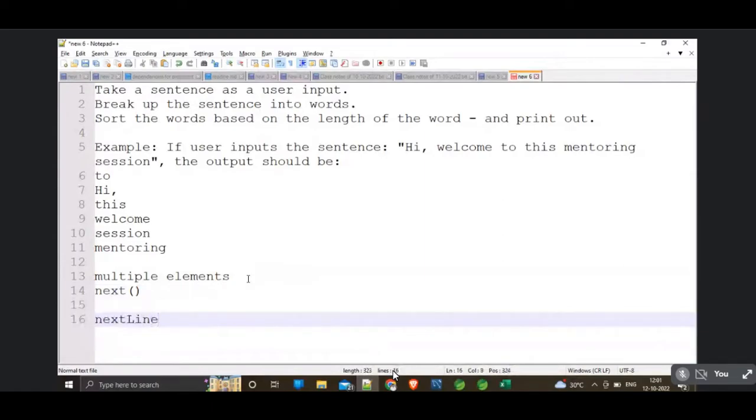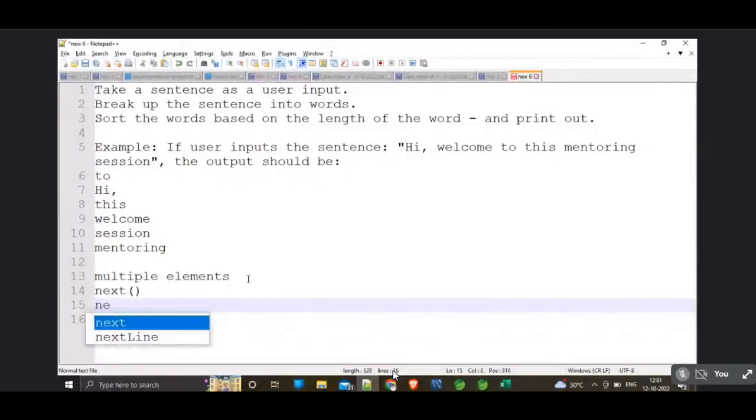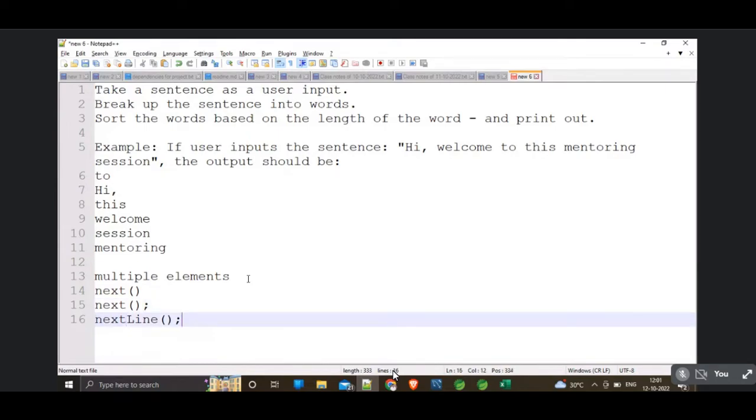So in this particular program you can use nextLine. If the expression is skipping the read, you can declare an empty nextLine. You can mention one empty nextLine, or an empty next also. Okay, for example,